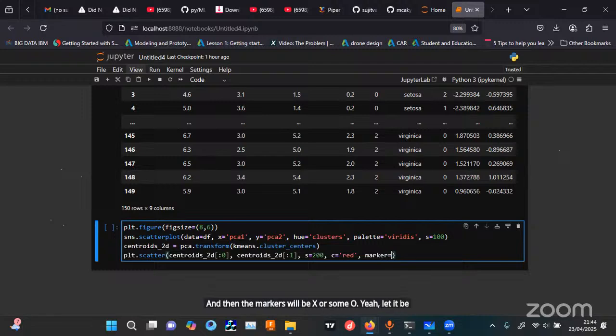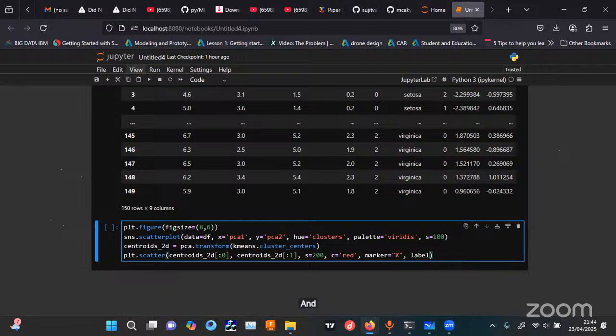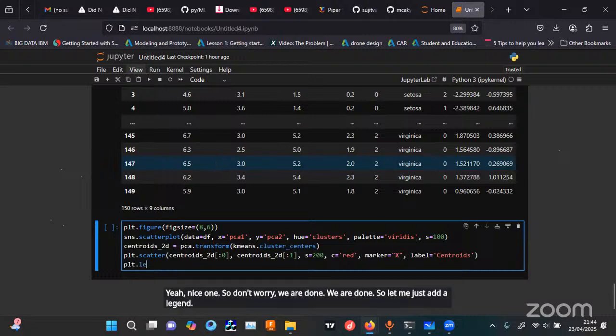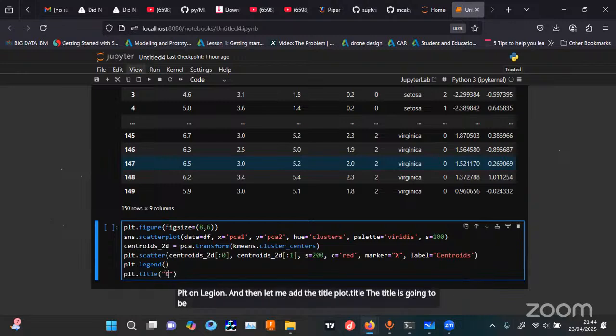And then the marker should be X. Let me just make it big so that you see it. And then the label should be centroids. Yeah, nice one. So don't worry, we are done. Let me just add a legend, plt.legend, and then let me add a title, plt.title. The title is going to be something like, let me see, K-means clusters visualized